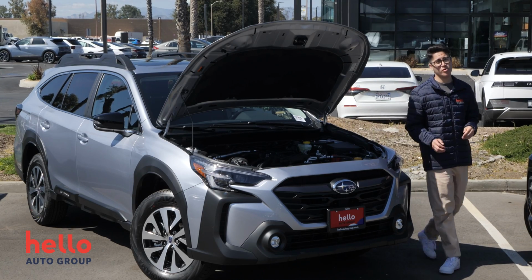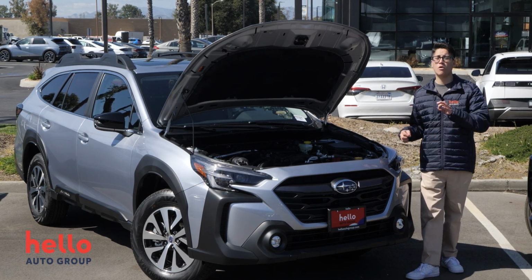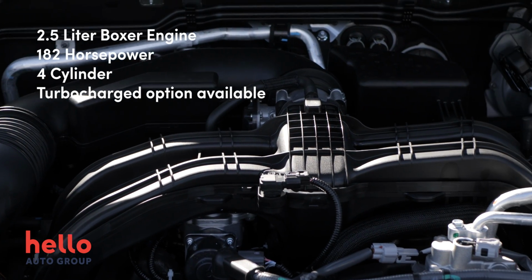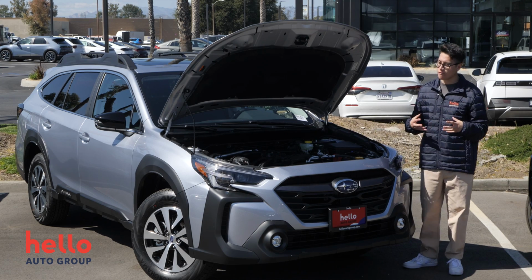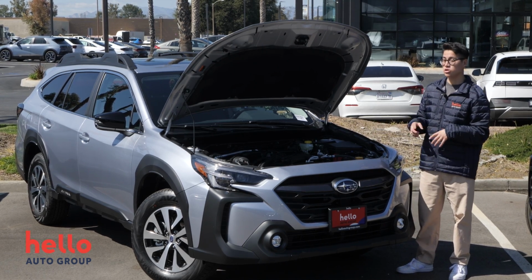So over here with the Subaru Outback Premium, we have a 2.5 liter boxer engine capable of about 182 horsepower. So it has slightly less power than the Toyota RAV4. However, it will keep your costs down with maintenance and repairs. Now furthermore, if you really do want performance, there is a trim available with a 2.4 liter boxer engine, turbocharged,